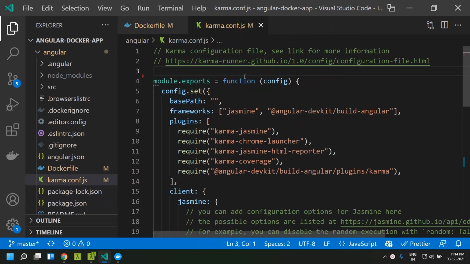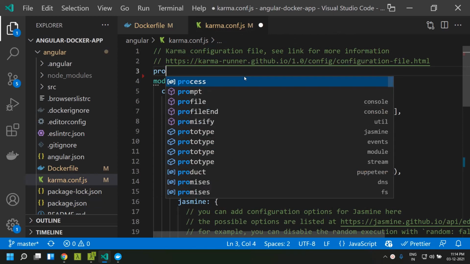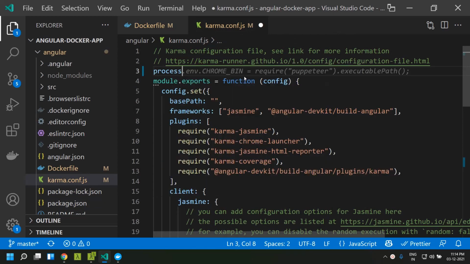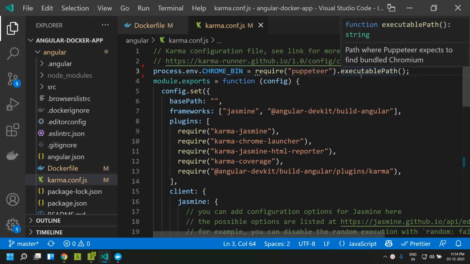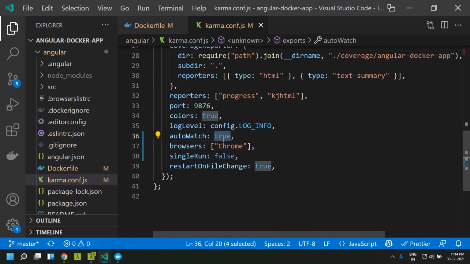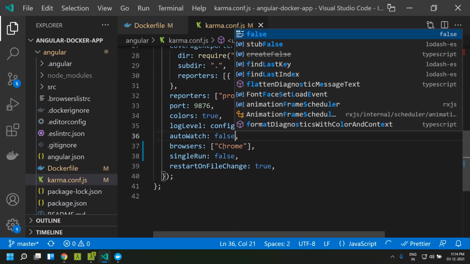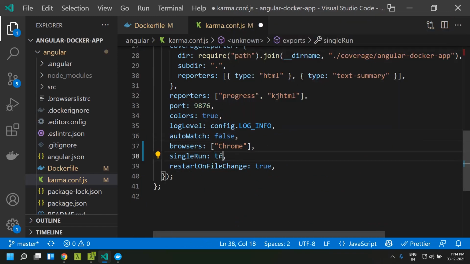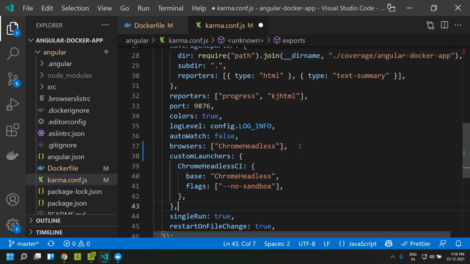So first, let us add a step, that is process environment Chrome bin. Here I am setting the path of our Chrome executable. After that, we need to change autoWatch to false and set singleRun to true. We can add a custom launcher.